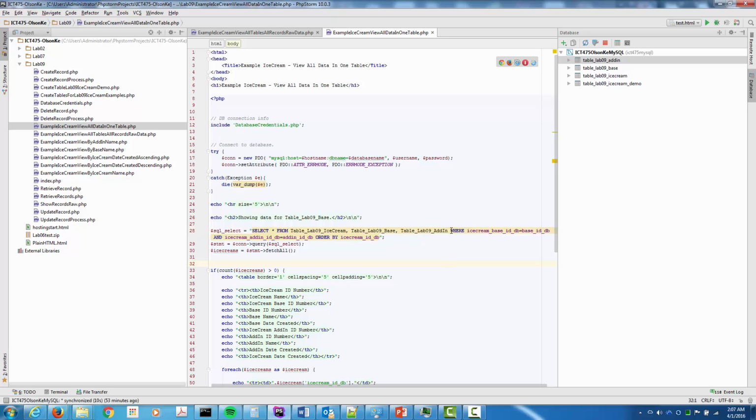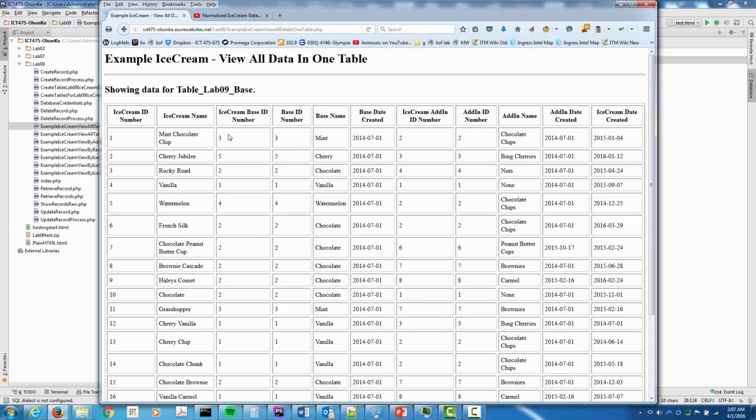Here's where we do that comparison, that we get the ID number from the ice cream table, and then we look for the ID number in the base table and the add-in table. That's what the where statement does. Where, so we're going to select all records from these three tables where the ice cream base ID number, that's from the ice cream table, equals the base ID number. And I'm going to jump back to the web page quick. And once again, that's over here, where the ice cream base ID number is equal to the base ID number,